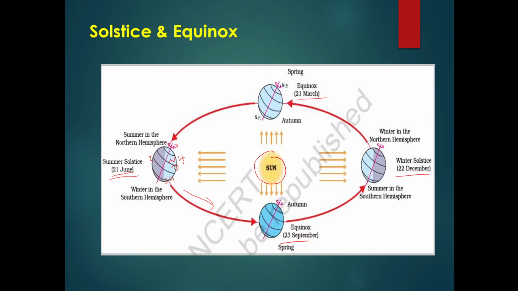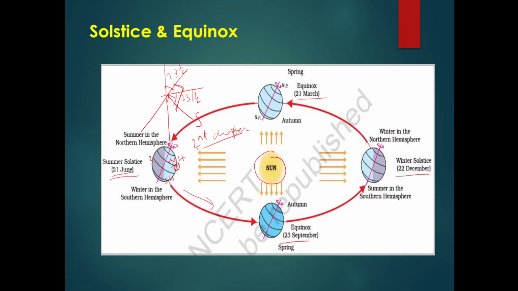Okay, how the rays of the sun fall directly on the Tropic of Cancer, we have already studied in the second chapter. So the Tropic of Cancer gets the light directly overhead. Okay, so this is the inclination and the sun will be like this. Okay, so this is 23 and a half, so this angle will again be 23 and a half, right? So you can see here, this is perpendicular, so at 23 and a half degrees is where the sun rays will be perpendicular, meaning overhead. Okay, so here the northern hemisphere is tilted towards the sun.